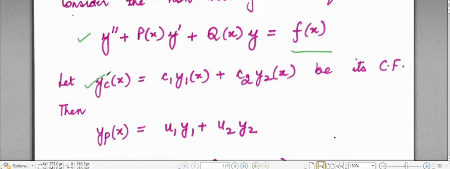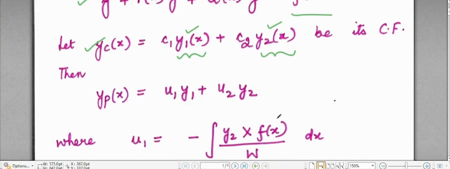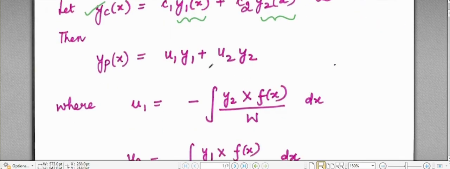Now we know how to find YC. We'll first consider the associated homogeneous equation and then find out YC using the auxiliary equation or the characteristic equation, and depending on the nature of roots we'll find two linearly independent solutions, because the characteristic equation will have two roots. Accordingly we'll have two linearly independent solutions in the YC component. So once you solve for YC, you name one of the solutions Y1 and the other Y2 and then fix them for the process throughout. Then YP is given by, according to this method, U1 Y1 plus U2 Y2. Y1 is the first linearly independent solution that you're getting in YC, and Y2 is the second linearly independent solution that you're getting in YC.